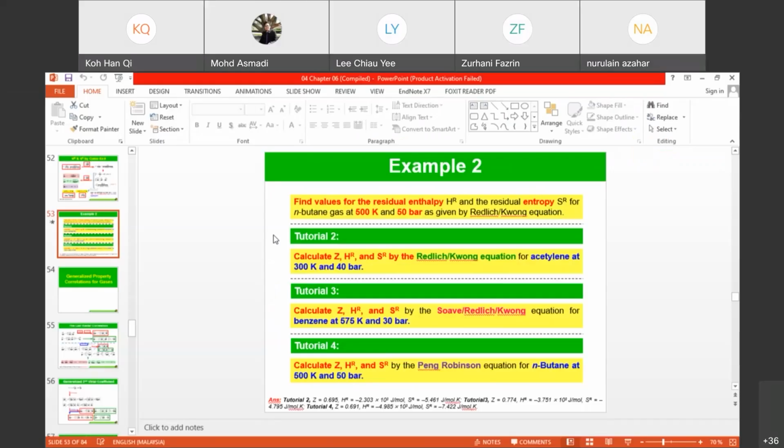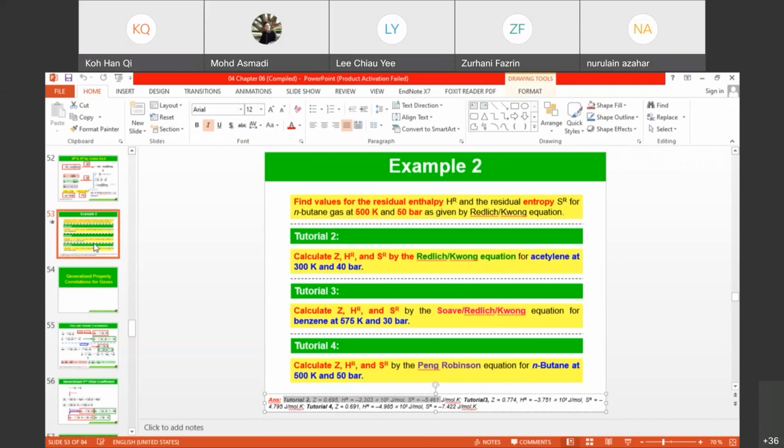So this is the previous tutorials from last week. I hope that you can get the answer. Similarly, just like down here, for tutorial 2 as well as example 2. However, for tutorial 3,